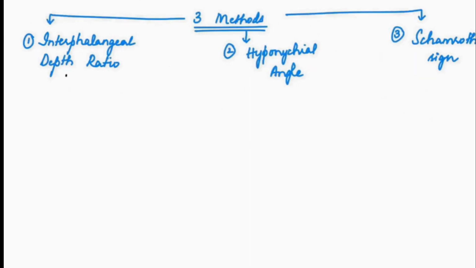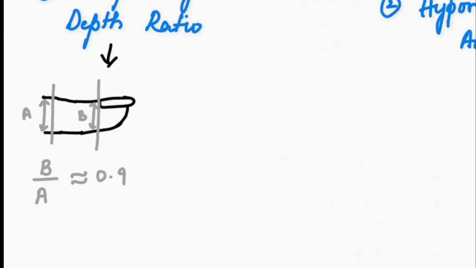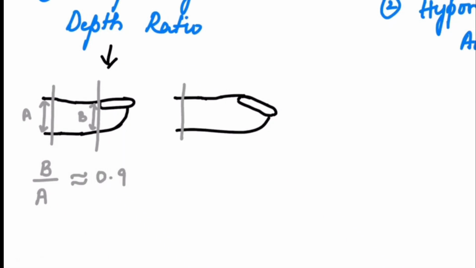Okay, so the interphalangeal depth ratio. What is this? Normally here A and B, two lines. The first line A is taken at the level of the distal interphalangeal joint, and B, the second line, is taken at the level of the cuticle. So the thickness is measured. Normally the thickness at the cuticle is less than that at the interphalangeal joint, but in clubbing, because of tissue deposition, the thickness at the level of the cuticle will be more. So this is A at the level of the interphalangeal joint, and this is B at the level of the cuticle. The thickness at the cuticle is more, so B by A more than 1 indicates clubbing, and less than 1 is normal. Okay, so this is the interphalangeal depth ratio.